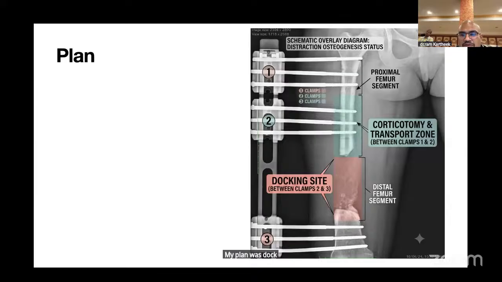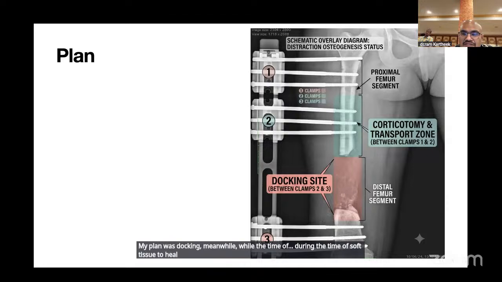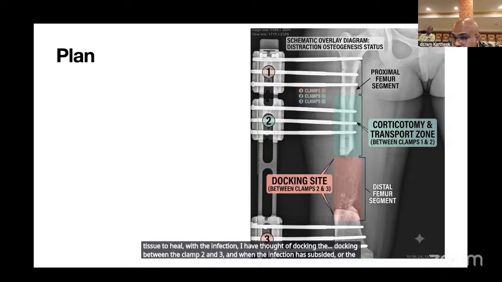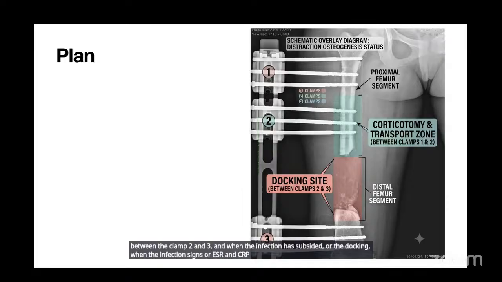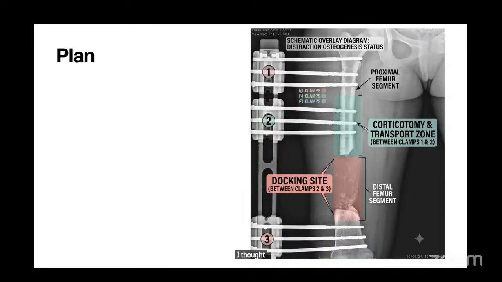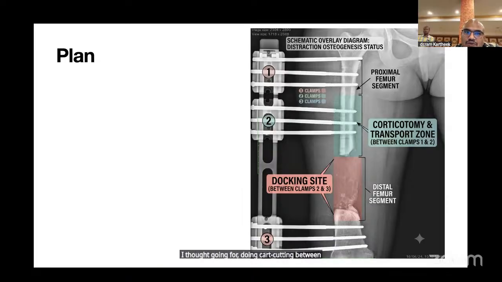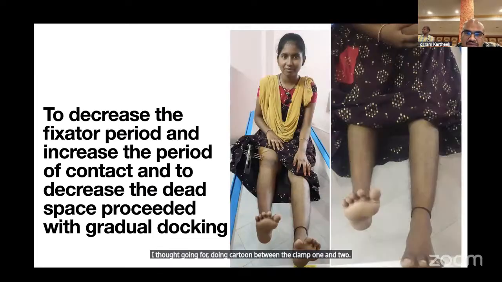Meanwhile, during the time for the soft tissue to heal with the infection, I thought of docking between clamp 2 and 3. And when the infection signs, ESR and CRP, have become normal, I thought of doing corticotomy between clamp 1 and 2. I have done gradual